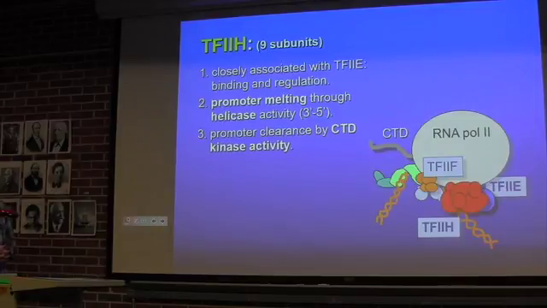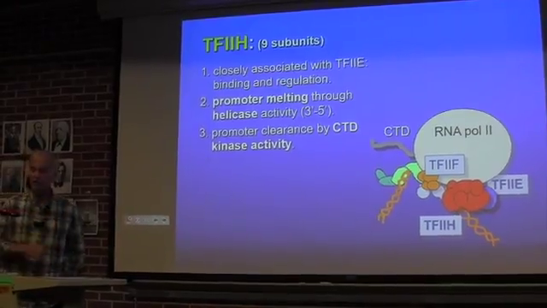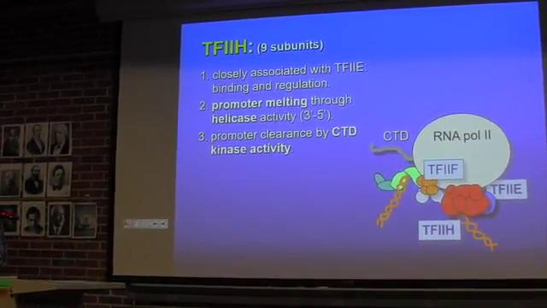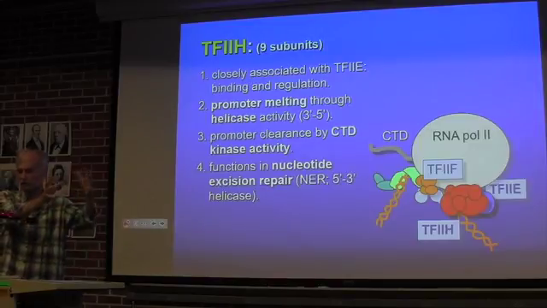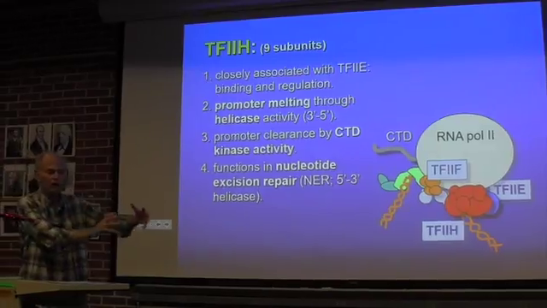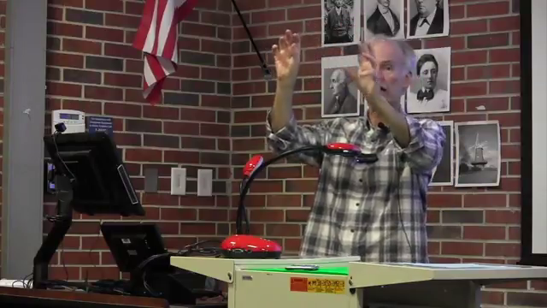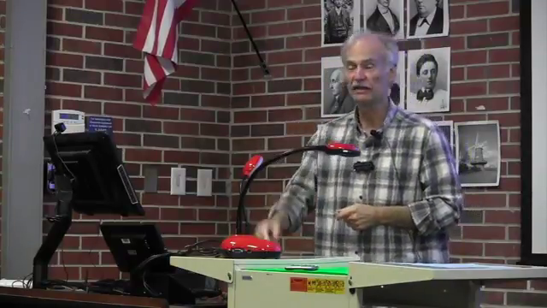Promoter clearance by its kinase activity, and that's the ability of the kinase, one of its subunits, to phosphorylate serine 5. And then it'll lose the kinase and its controlling protein, the cyclin. Those will come off, and other subunits dedicated to nucleotide excision repair will join it. So the core of TF2H is simply those two helicases. That always remains. If it's playing a role in transcription, it'll have a kinase, and kinases are always controlled by cyclin, so it'll have cyclin H. That's hard to remember. Cyclin H is a part of TF2H, and then